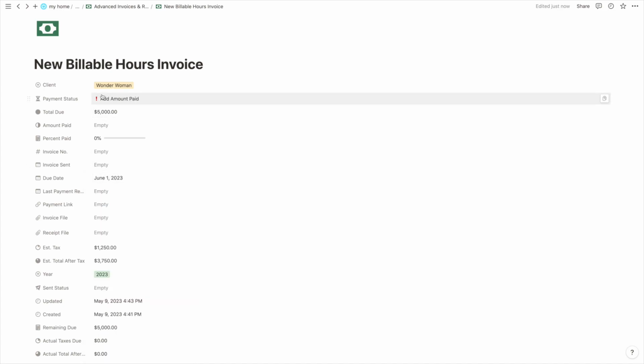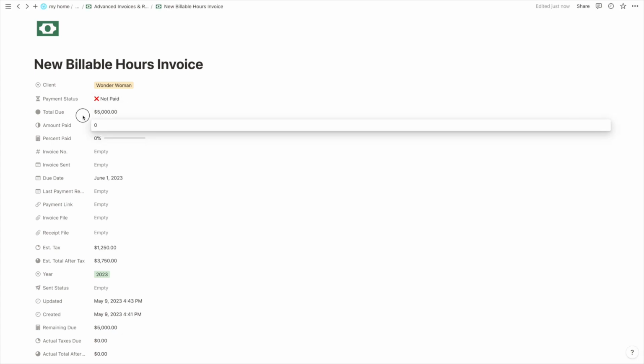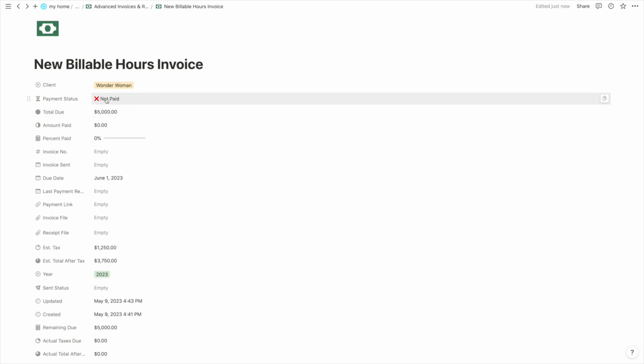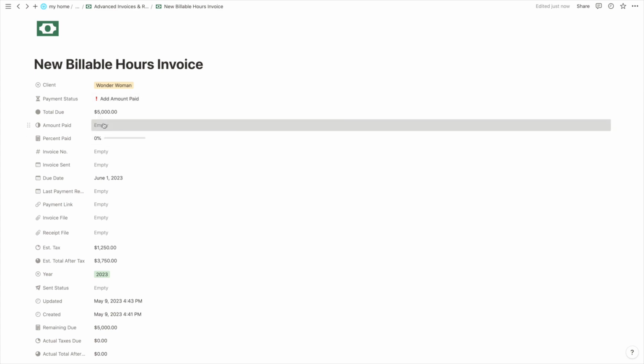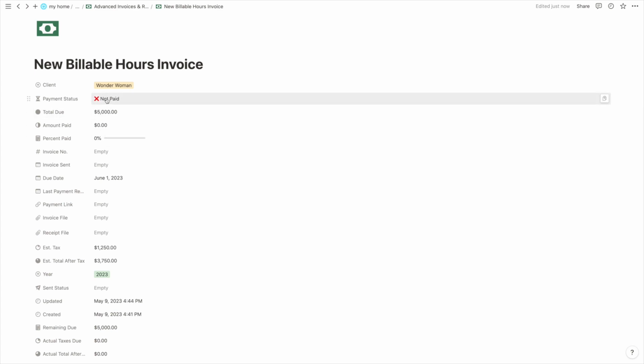This just changed it again. Add amount paid. Wonder Woman hasn't paid me a dime, so I'm going to make that 0. Oh, it changed to not paid. If I don't include that 0, it's going to tell me to add it. Okay, so I want to make sure that I say it's 0, so I know very clearly nothing has